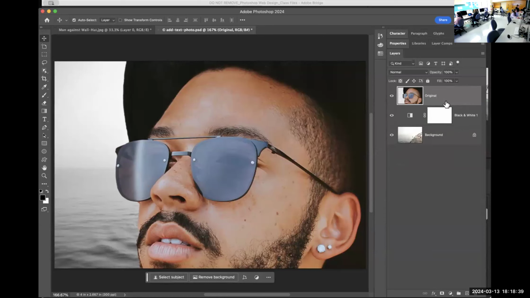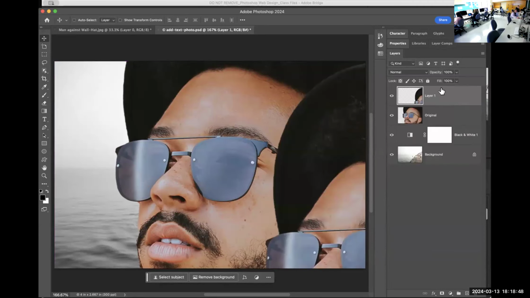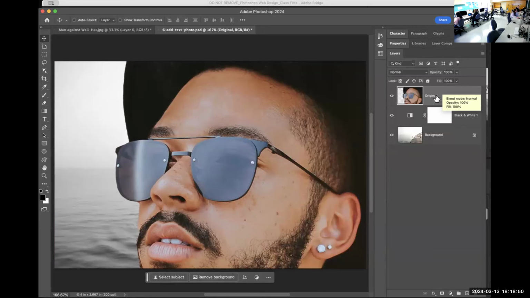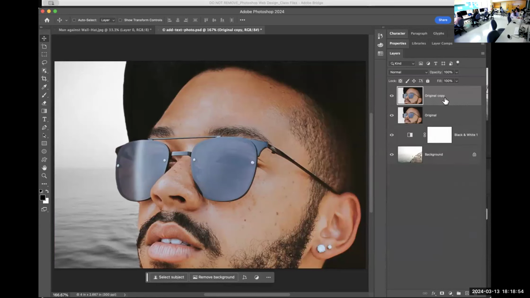You could have also, since you still had that in memory, because the computer hasn't deleted it, just pasted again. And you'd get a second one of the same thing. So there are all these different ways of doing this whole thing. I'm going to go ahead, and Command J is the fastest one. And then this one, we're going to double click and we're going to call